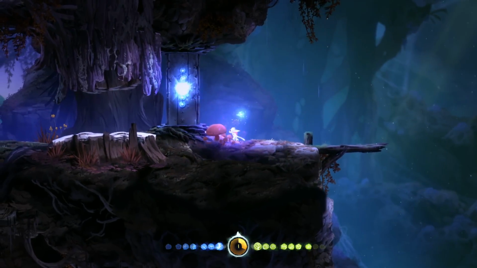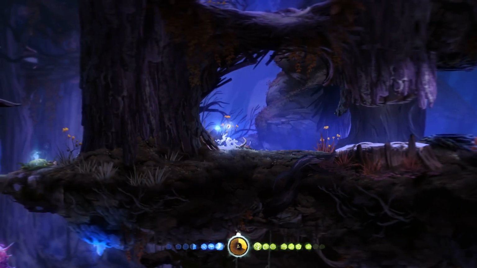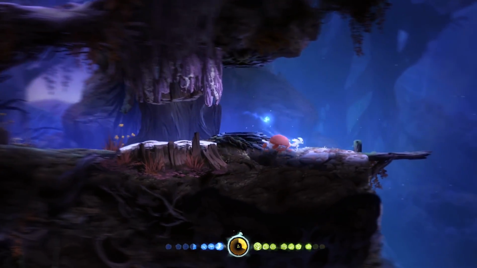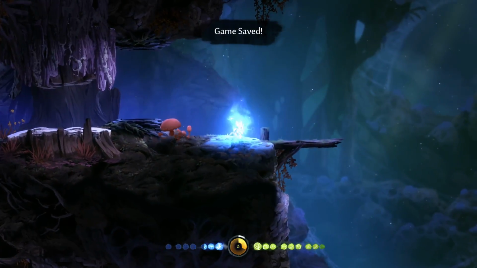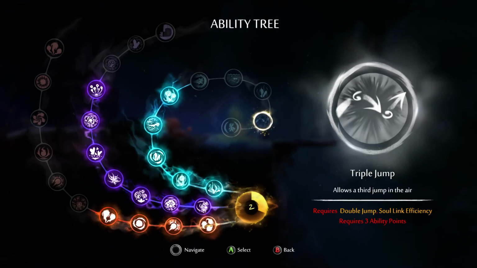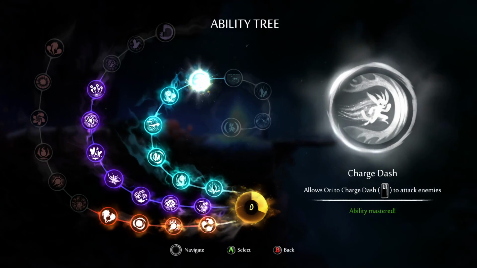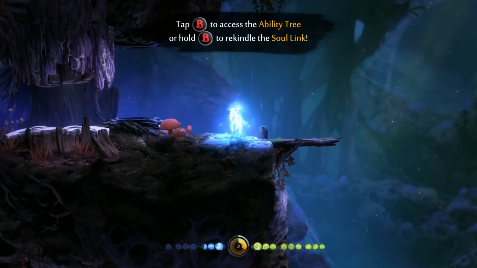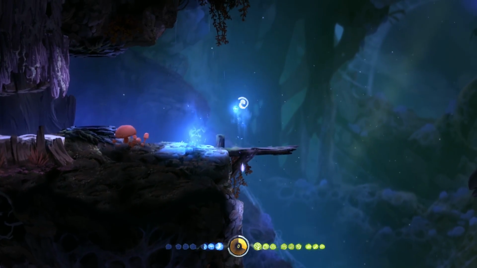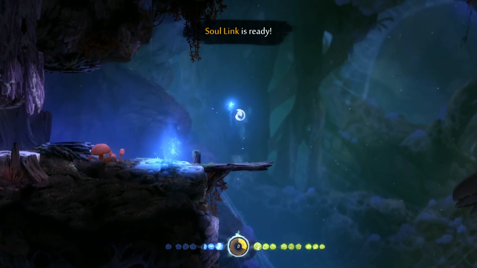I open that door. And grab another collectible. And let's see, we've got 2 ability points, which we needed 3 for, nope, we only need 2 for the charge dash. So, apparently though, charge dash,